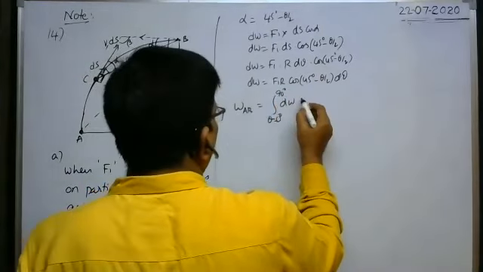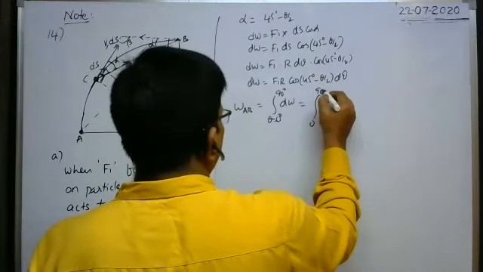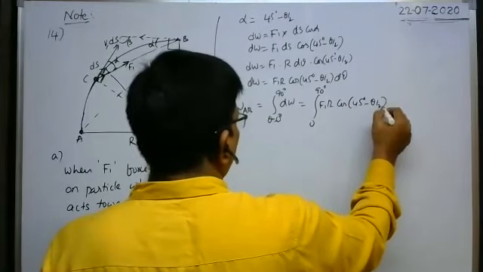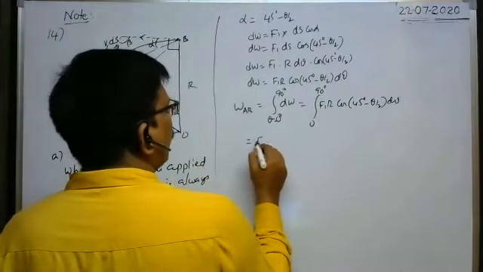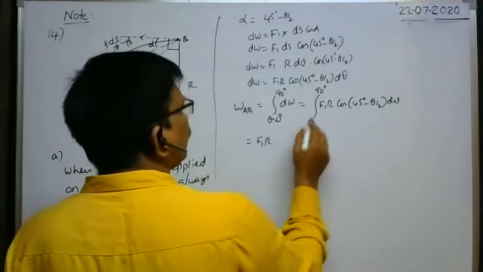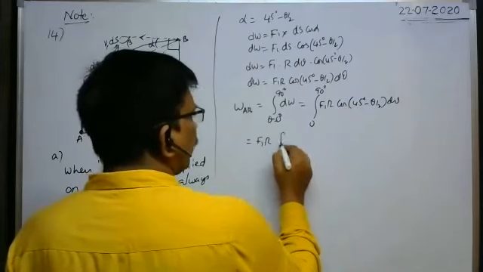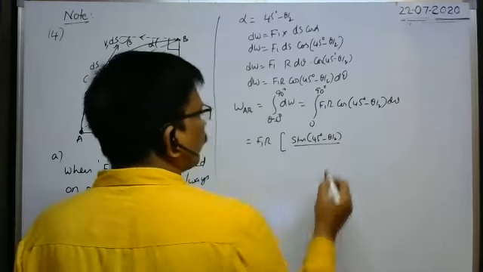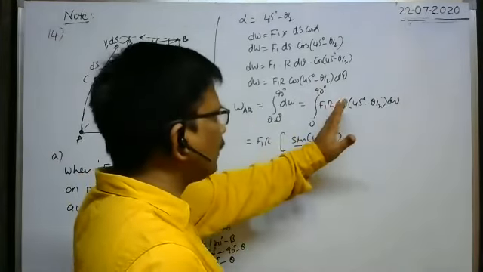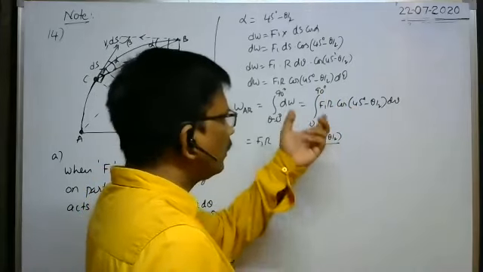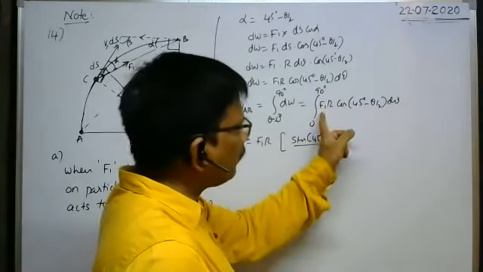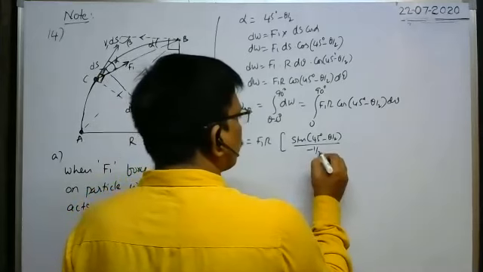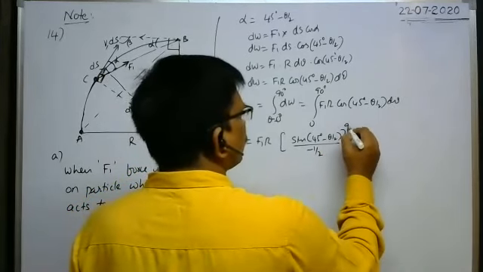90 degree. This is equal to integral 0 to 90 degree F1 r cos (45 degree minus theta by 2) into d theta. F1r is constant, so you write it outside, into the integral of cos something. Cos of something means we can write sin something, no? Sin of (45 degree minus theta by 2). While doing integration here, instead of cos we have to write the sin function, and as we are integrating with respect to theta, the coefficient of theta is minus 1 by 2. That's why here we have to write by minus 1 by 2. It is the integration, limits 0 to 90.